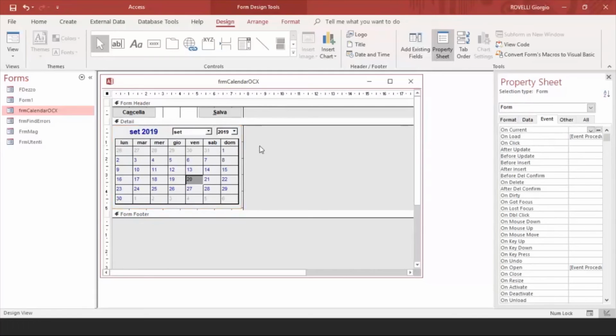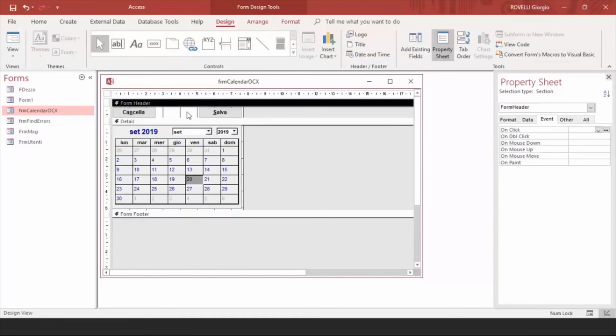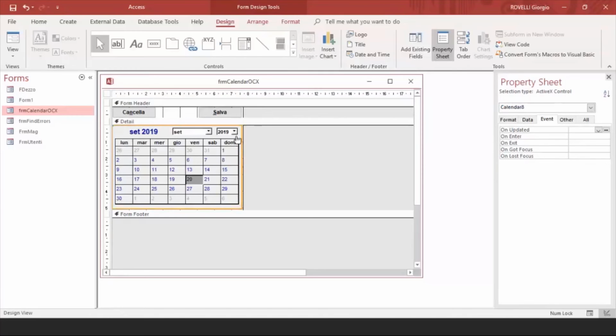Well, it kind of syncs with me, Jack, too, because I was working the other day on a client's app that had the OCX control installed, but when I right-clicked on it, I'm going to ask you for control here,